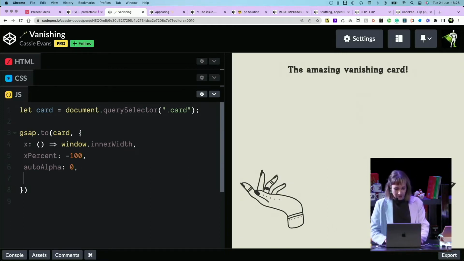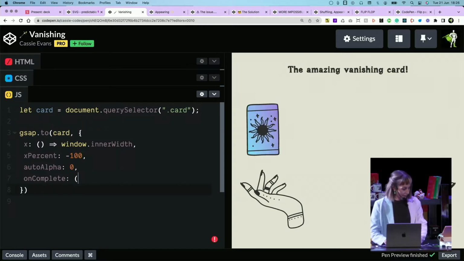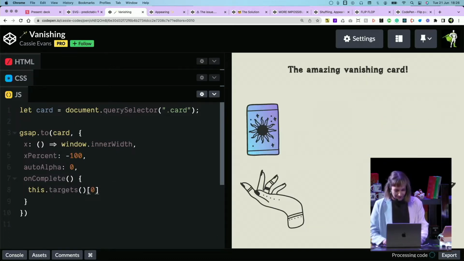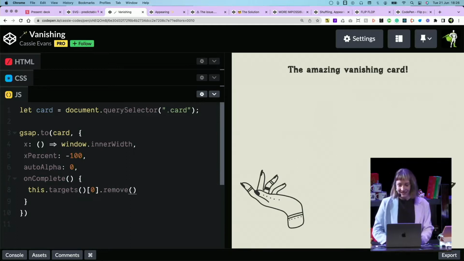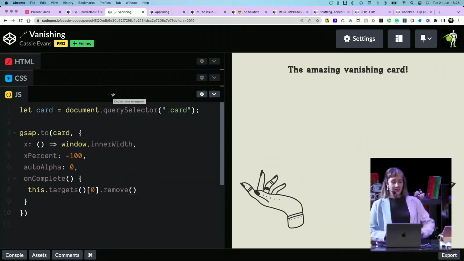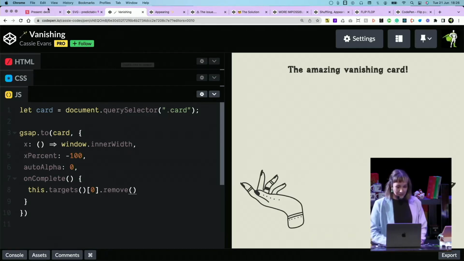But then you could also do onComplete. Let's do this. On complete, and then we can say targets. I forget the syntax for this, so I'm just looking. And then we can remove that element, and then it will just be yoinked out of the DOM at the end of the transition. So that's a vanishing animation. Awesome.